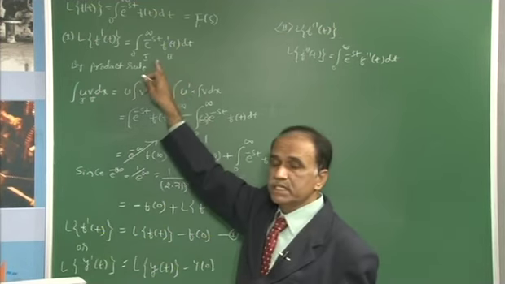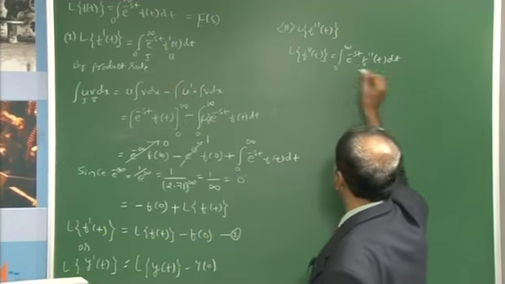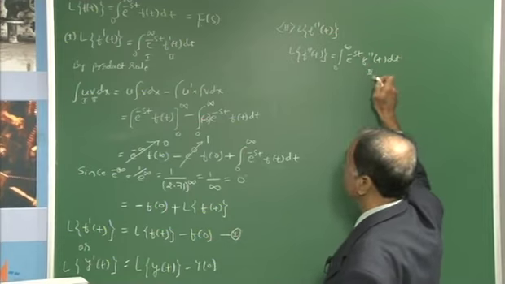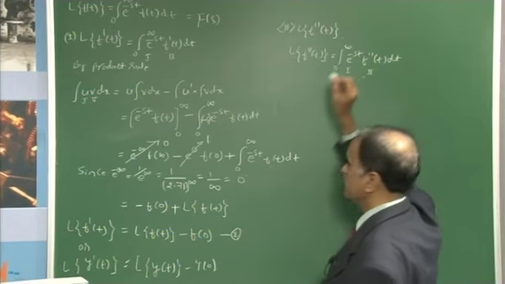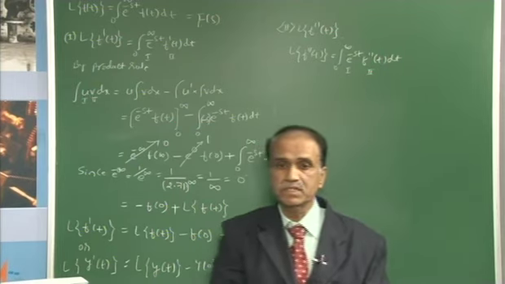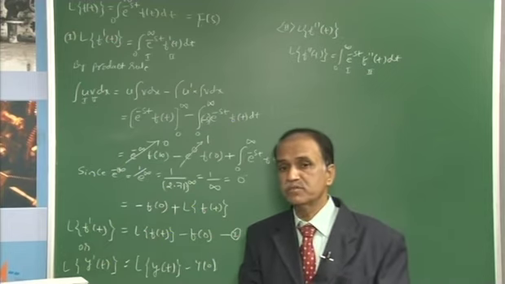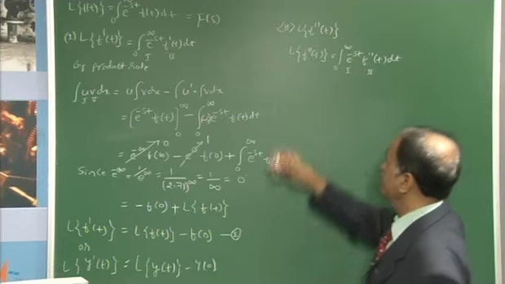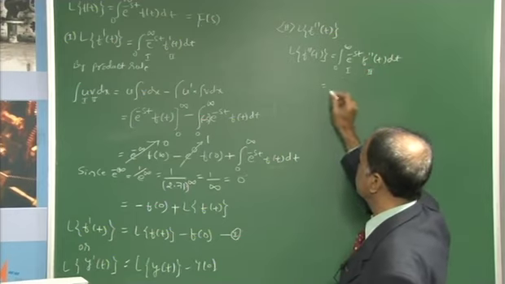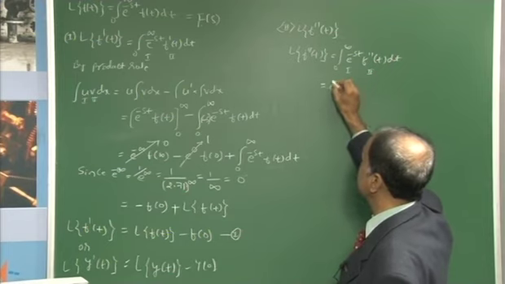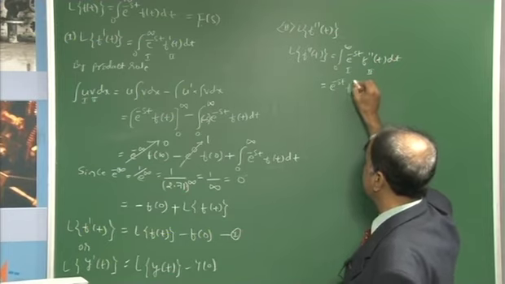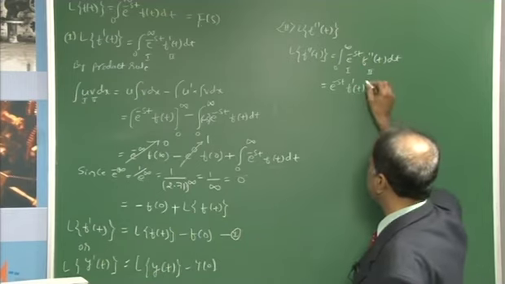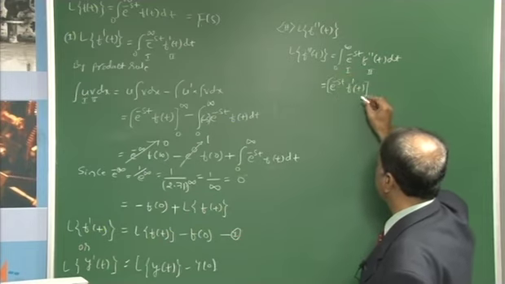Do the same procedure here as you did for the previous result. This differentiation is to be taken for integration, because you have to remove the derivative, and only by integration it is possible. Then the first term, the exponential term, is to be selected as the first function, and this is to be taken as the second function. When you apply this integration by parts, the first function is as it is, e to the power minus st, and f double dash becomes f single dash, that is f dash of t, and this product once again is to be taken for the application of limit 0 to infinity,